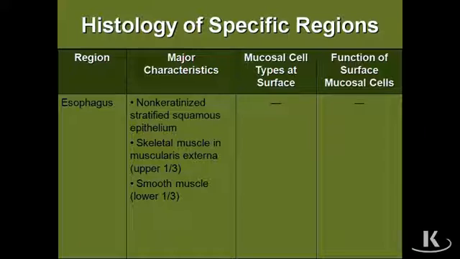So a chart that illustrates the differential characteristics of the mucosa of various regions of the gut tube begins on the next slide. Certainly the most straightforward portion of the gut tube is the upper part of it that basically begins with the esophagus. The esophagus has a non-keratinized stratified squamous epithelium because it's mainly a conveyance tube. And note that the skeletal muscle in the muscularis externa undergoes a transition at the superior